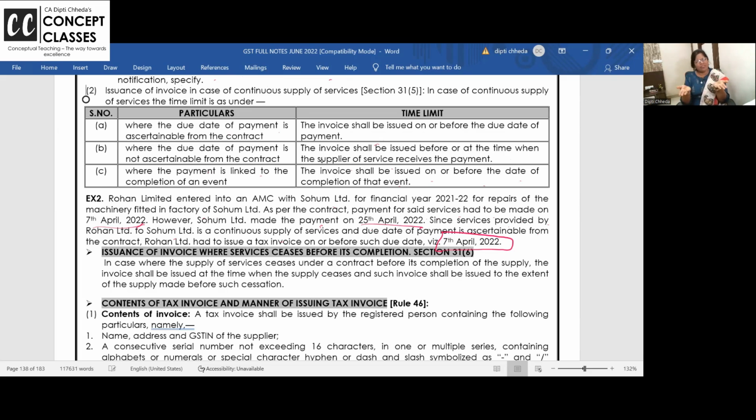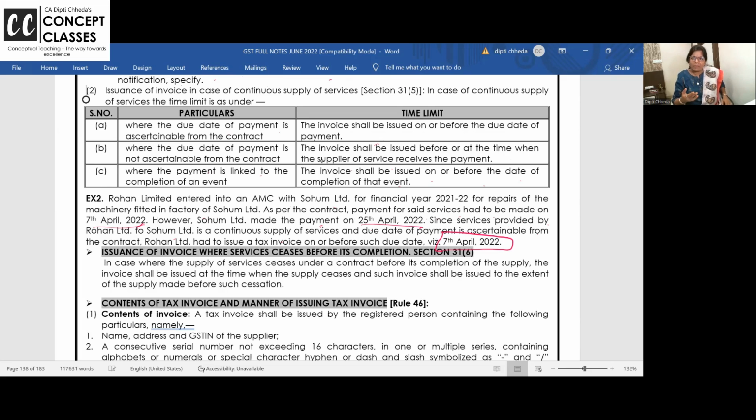If due date is not fixed, then there is no due date. So the day you make me payment, someone pays on the 3rd, someone on the 5th, whenever you make me payment, I will issue you the invoice. Fees received from Soham, fees received from Lakhan, fees received from Pravalika. Are you getting it? Right?